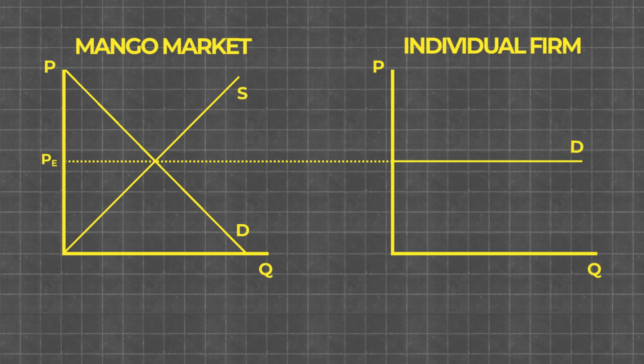So, because you have no control over the price, you are a price taker. You must accept the market price, whatever it may be. This means you, along with all the other mango firms, have no market power. This is why demand is equal to the price. But since the price is fixed and all units are sold for the same price, this means that price is also equal to the marginal revenue of each additional unit sold. And if you remember from the last video, price is always equal to average revenue. Therefore, in a perfectly competitive market, we can label our demand curve as being equal to price, which is equal to marginal revenue, which is equal to average revenue.